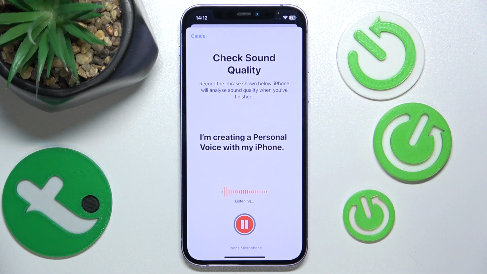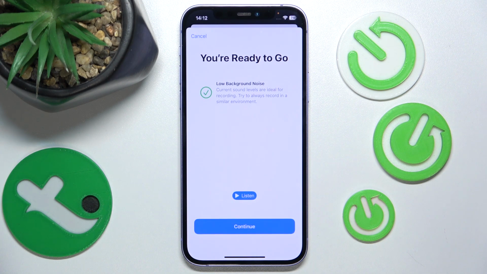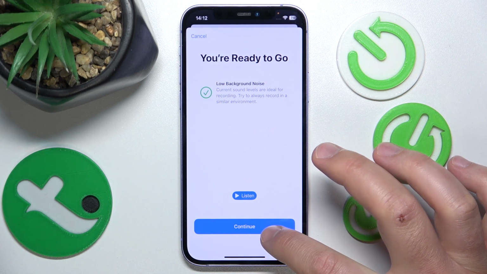I'm creating a personal voice with my iPhone. As you can see, now you're ready to go because you have low background noise. In my case, maybe you just won't be able to do it on the street. You need to go to some quiet place without echo and try to go with it. So after all, you're going to click continue,